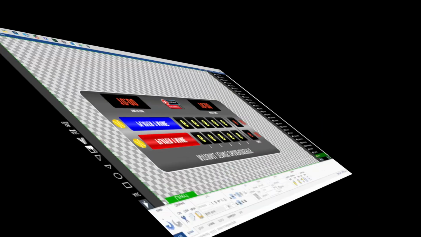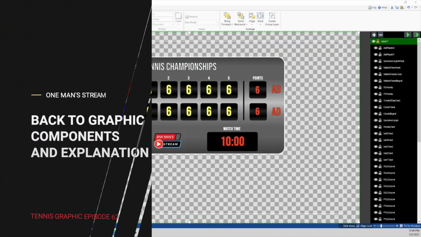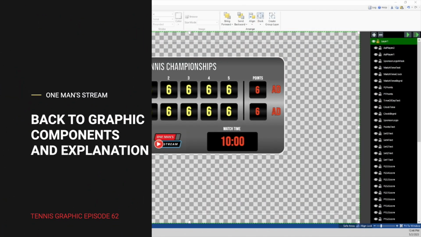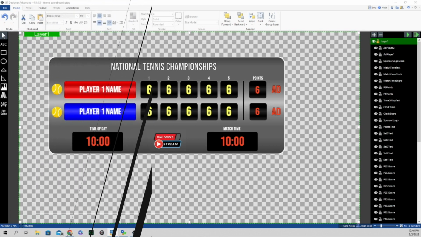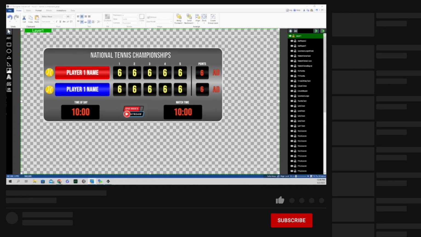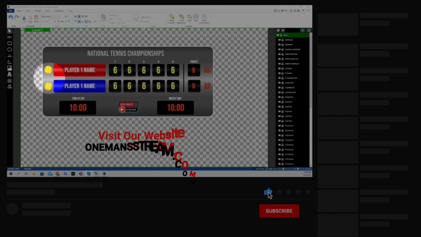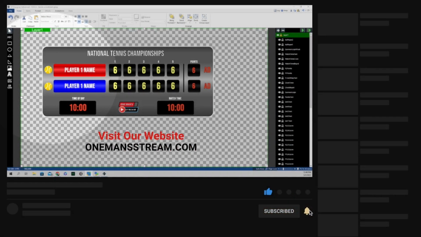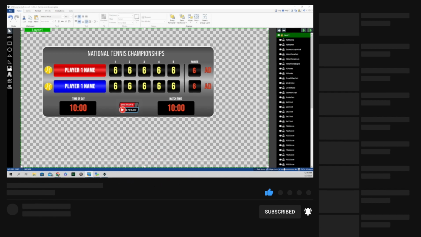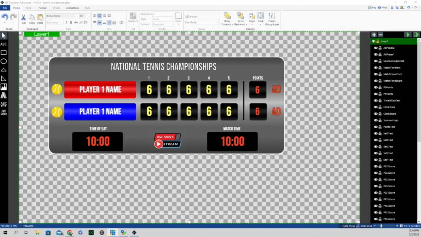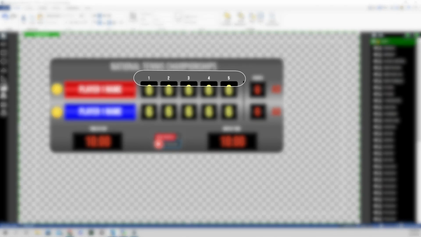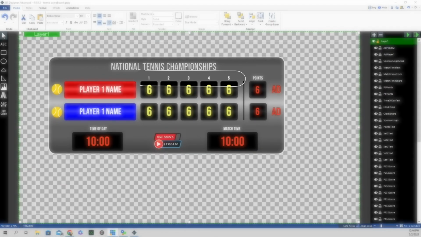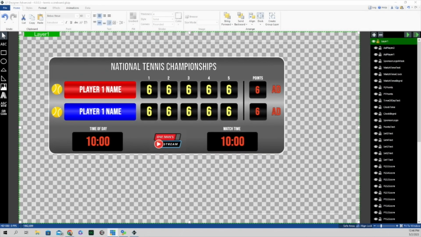It's very simple. So as you can see right here, this is what the graphic looks like in GT Title Designer. And we'll start over here at the far left. You can see these 2 tennis balls here, and this will be displayed next to whichever player is serving. We have player 1 and player 2, and then we have this actually set up for 5 sets. So it's set 1, 2, 3, 4, and 5. The current game points are right here,